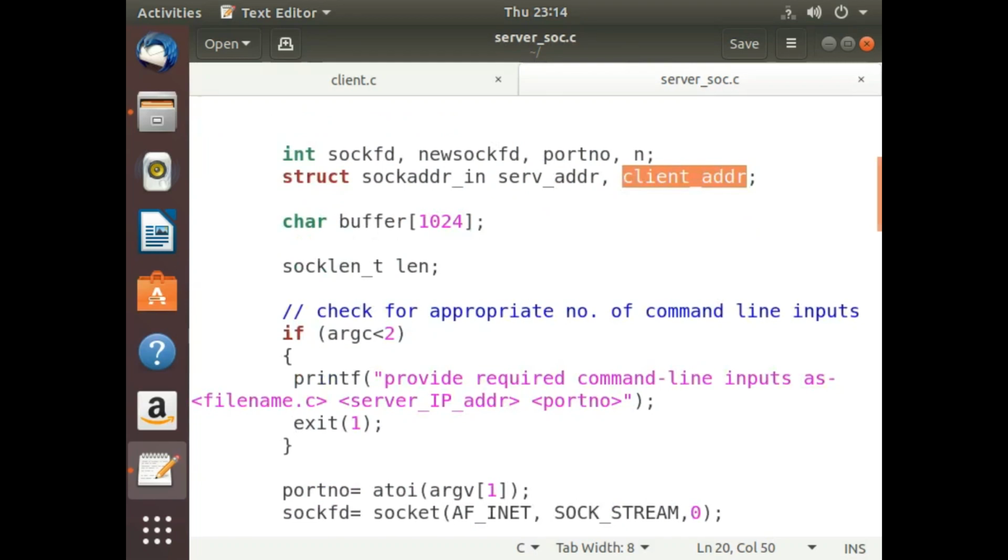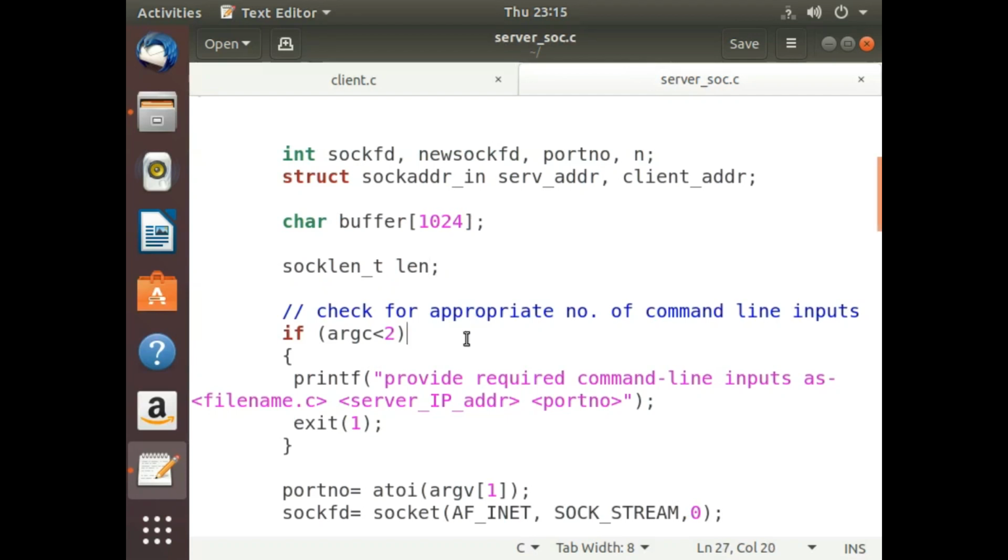Next, we have a character array called buffer, in which we are going to store our data, or the message which we want to transmit from the server side. And whenever we receive some data from the client side, we will again be storing it in this buffer itself. Then we have a len variable of the type socklen_t, which is usually required to store the size of an address.